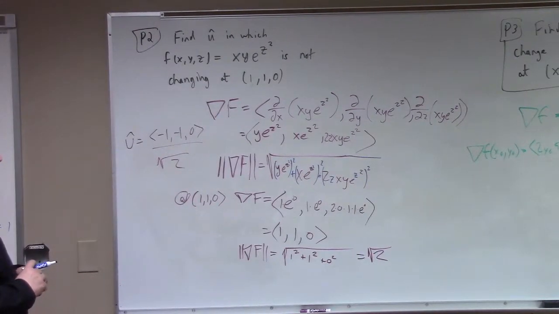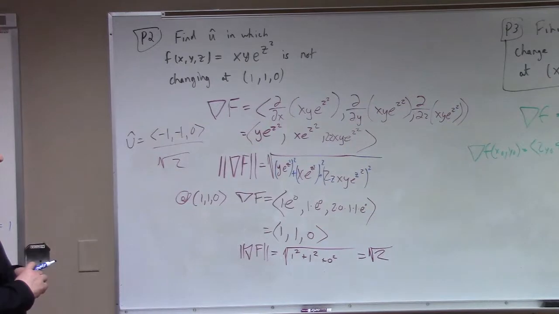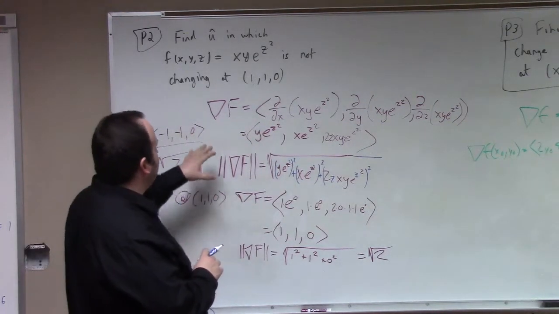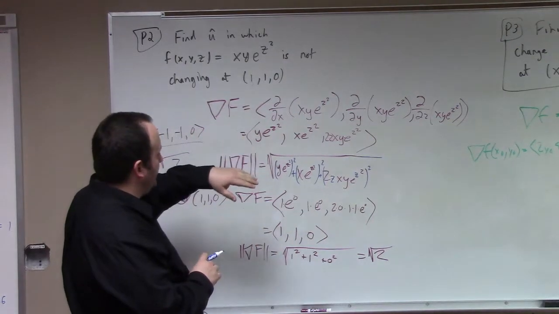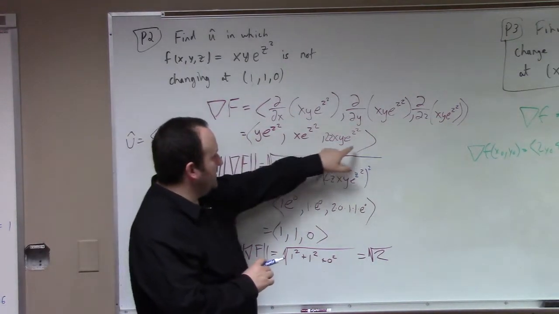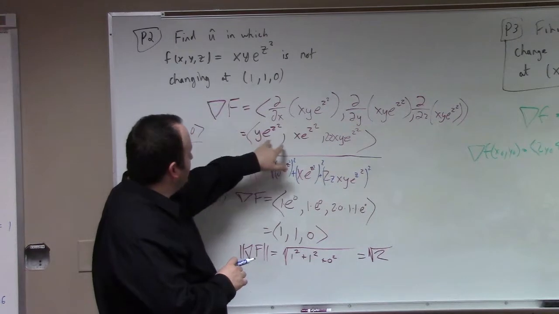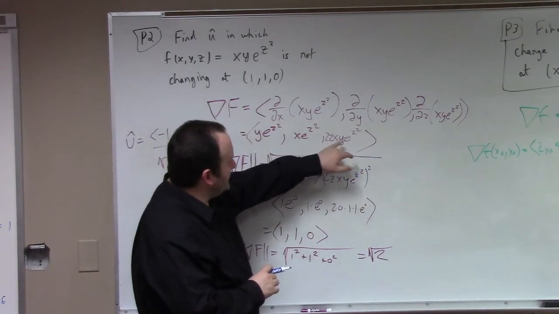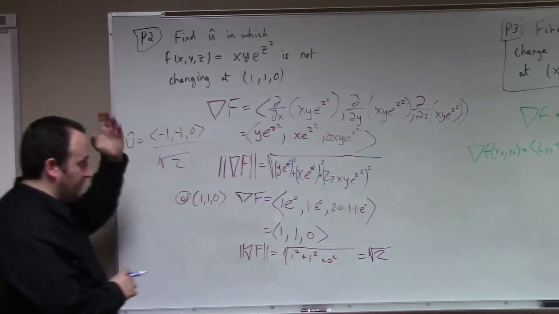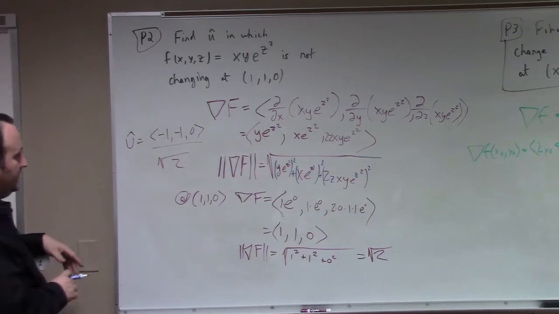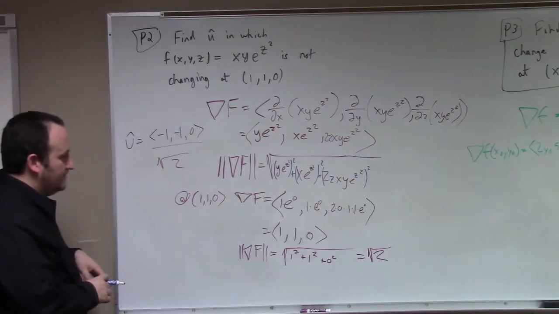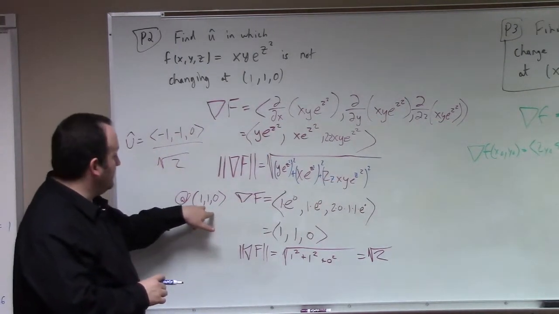So, not changing. What are we looking for here? Now this is, so first of all, she took the gradient, and I think that looks good to me. Partial x, partial y, partial z: y e to the z squared, x e to the z squared, 2zxy e to the z squared by the chain rule. Very good. The length of that would be this. Fine. If we plug in the point 1, 1, 0,